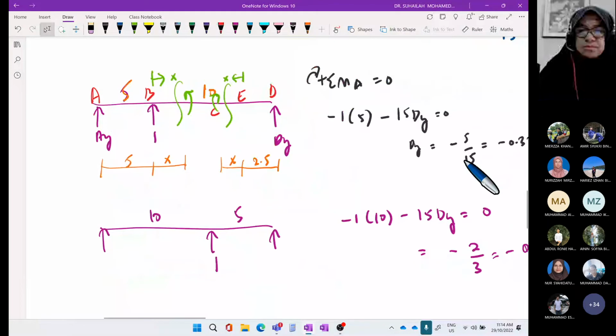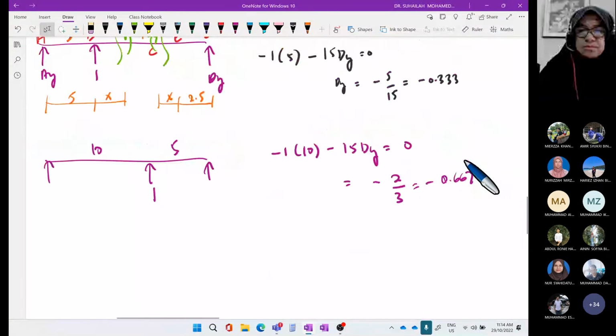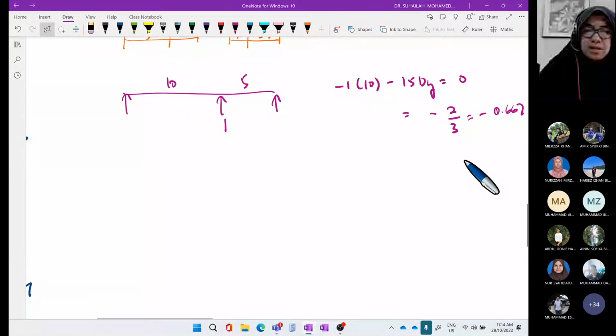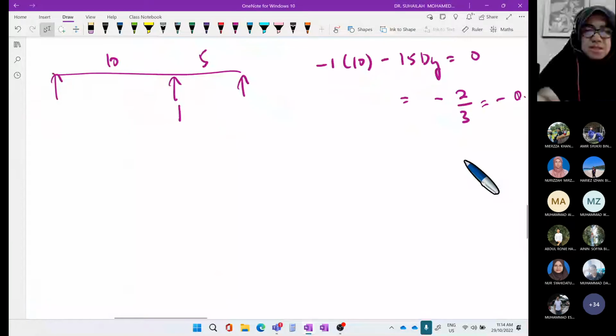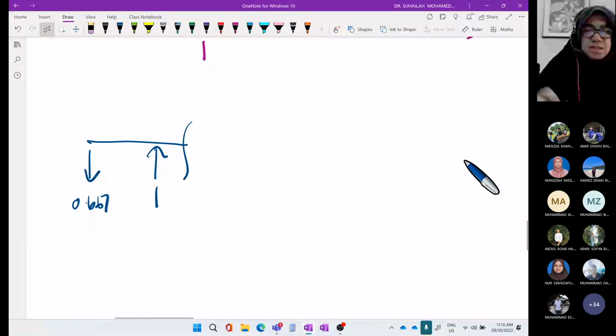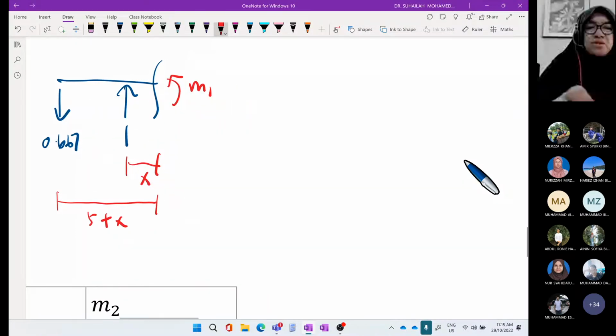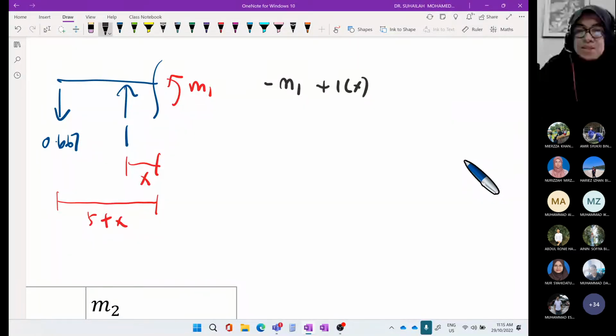Dia bawah ni lah ya. Okay, so we have this. A unit value dekat sini. Tadi kita dapat ni berapa? AY tu 0.667. So distance dia. So this is M1. So distance ni is X. Distance ni is 5 plus X. Okay, so we write equation. So this is negative M1 plus 1 times X plus 1 times X minus 5